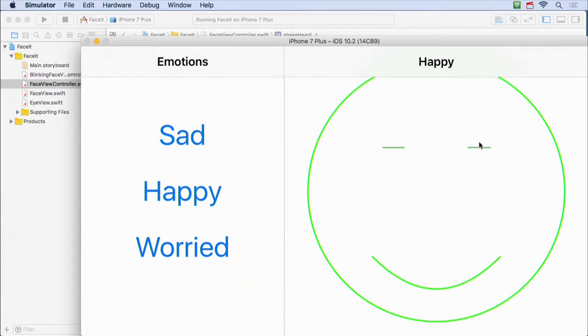Another thing to note here is this is a subview of this view, and when I transform it, it moves all the subviews with it, which is kind of cool. Okay, so even if you build a view out of subviews, then if you animate it, rotate it or whatever, the subviews will get rotated as well. All right, everybody got that?